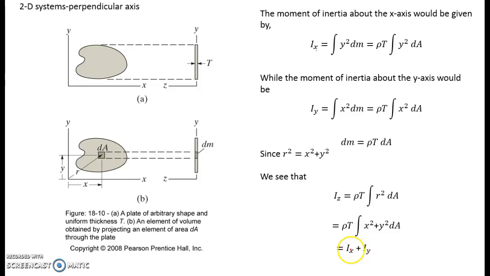Now, clearly the x and y axes are perpendicular to each other. So this is only true for this type of case, where we're talking about two axes that are perpendicular to each other. Then the third axis, the moment of inertia about the third axis perpendicular